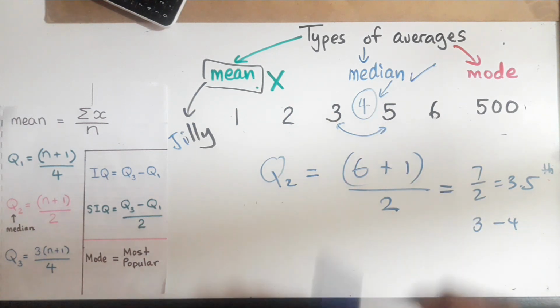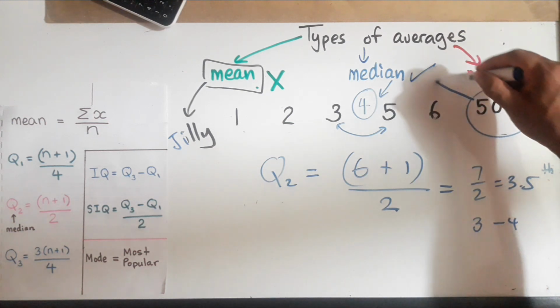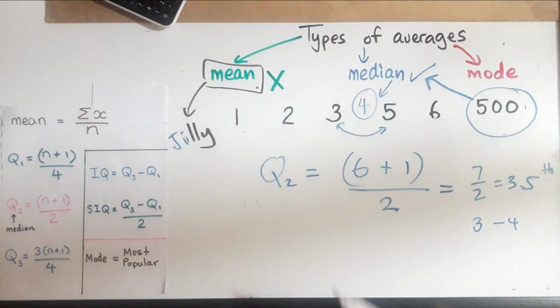So when you hear 4, you are not going to waste money and set up a taco stall, because if you're going to sell on average 4 tacos a day, that's probably not going to be profitable. So the moral of the story is, whenever there are outliers, median is the better one. If you don't have an outlier, mean would be the best one.